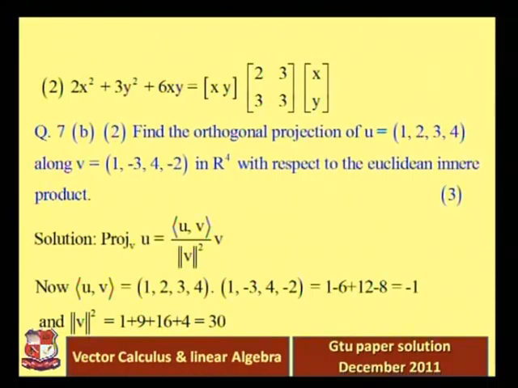So the inner product of u and v is 1 minus 6 plus 12 minus 8, that is equal to minus 1, and norm v square is 1 plus 9 plus 16 plus 4, that is equal to 30. So put all these values in the equation. Projection of u along v